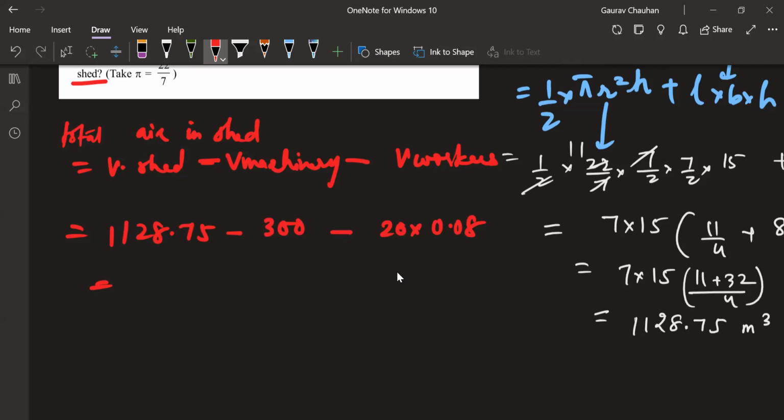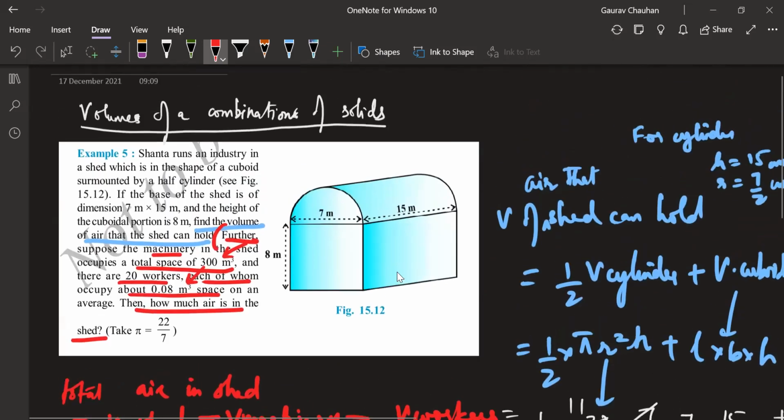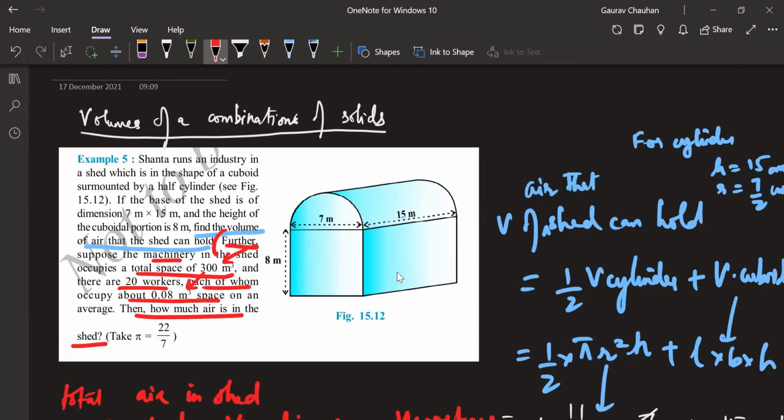Only see what our intention here is, we get fluent with the different ways a question can be asked. Does it seem difficult? The difficulty might arise in interpreting the question, for which you have to slowly read it and break it down into smaller parts, like how we did just now. We saw this find and it registered in our mind, okay, one question is over: find the volume of air that the shed can hold.